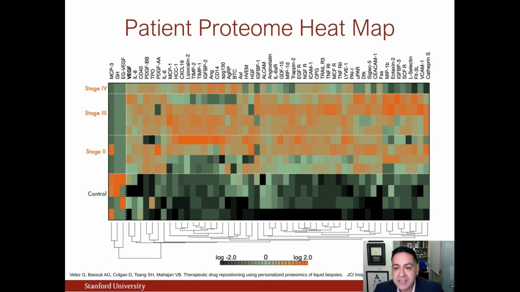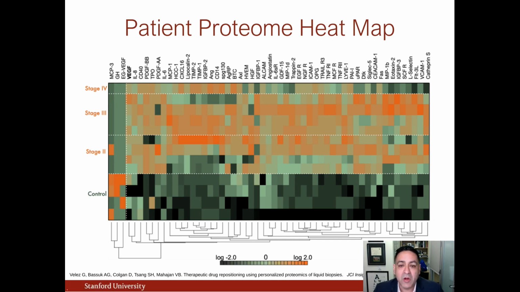And so in this case, if the square is bright orange, that means the cytokine is very highly elevated and expressed. If it's dark black or light green, that means it's low. Each row in this heat map represents a patient at various stages of disease, and each column is a different cytokine. And so this is remarkable in that now inside the fluid of the eye, we can now detect very